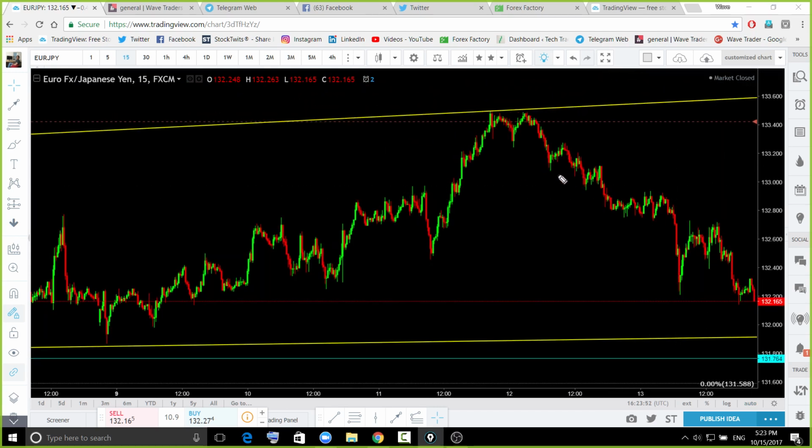You can see a flag forming, another flag. Even we sold this pair in our room in the Friday meeting when it was forming a sharp correction back. We were looking for that short-term trade up to this area, not a longer-term trade. So currently it is not at a sell place. It is not at a sell place.